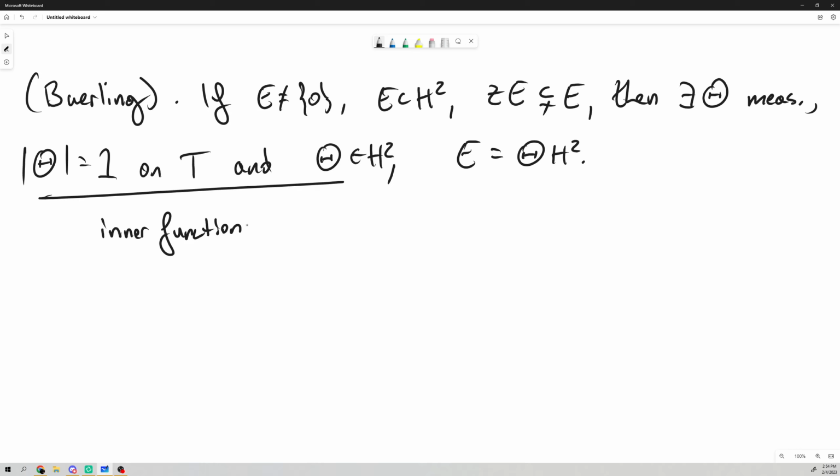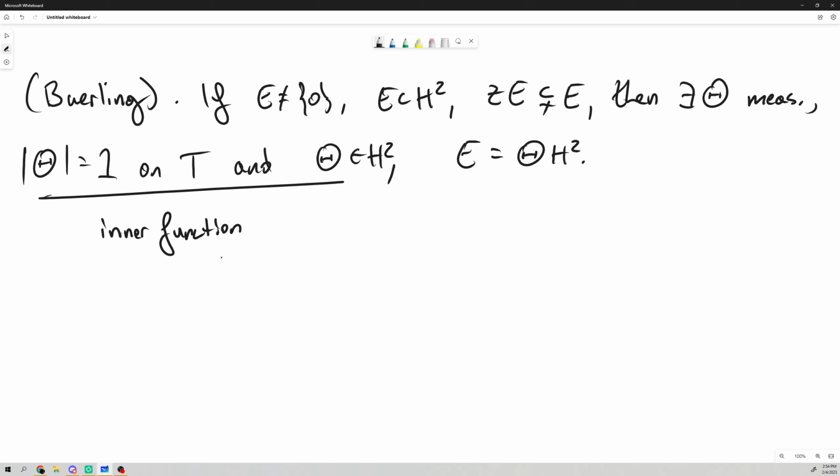And as it turns out in H2, we get this factorization of an H2 function into inner and outer functions. So let me see if there's anything interesting I can discuss there, but there may not be. So that's what an inner function is, and that's where they come from. Sort of a natural way of looking at them. That was kind of the